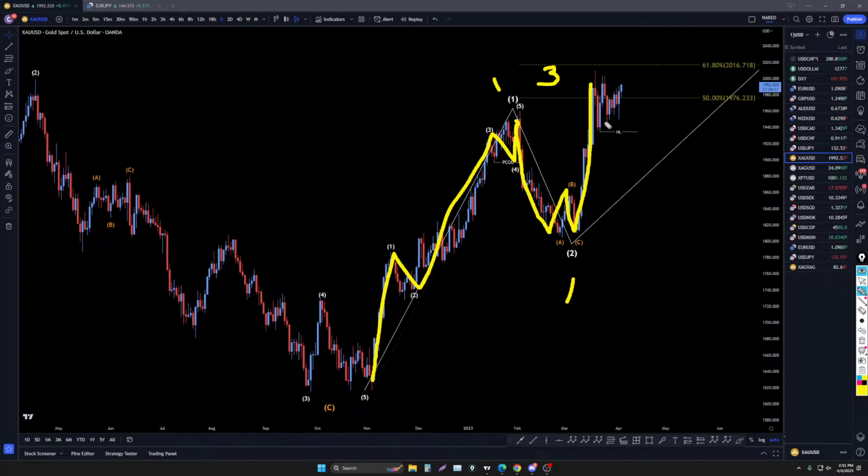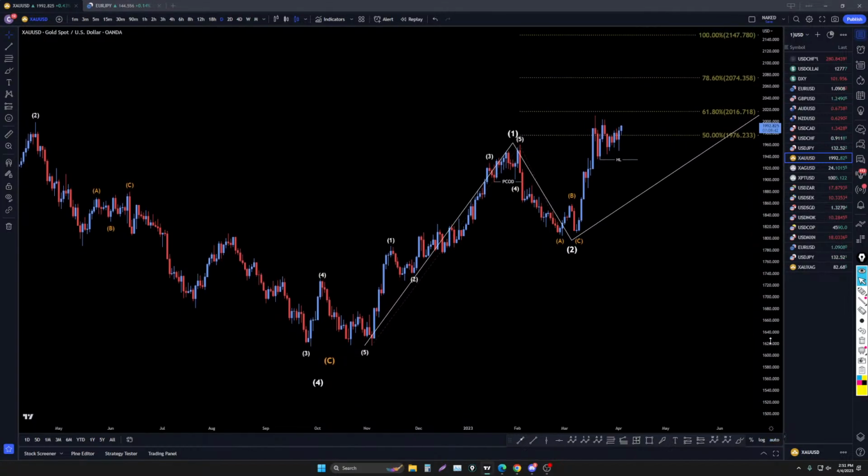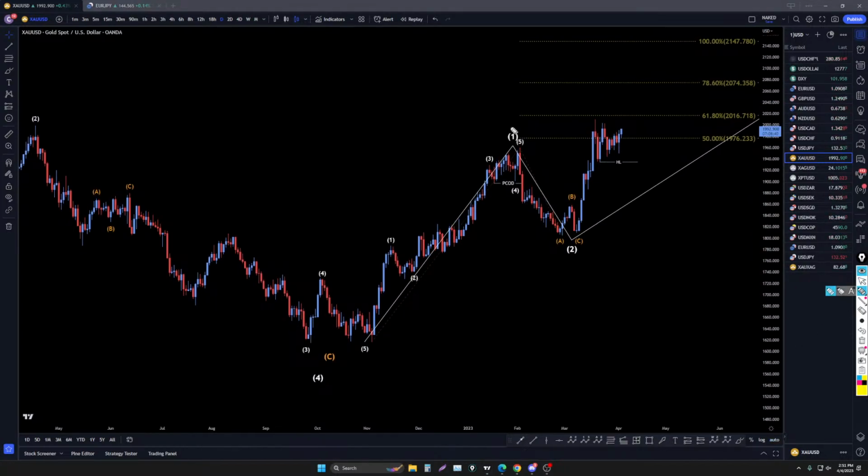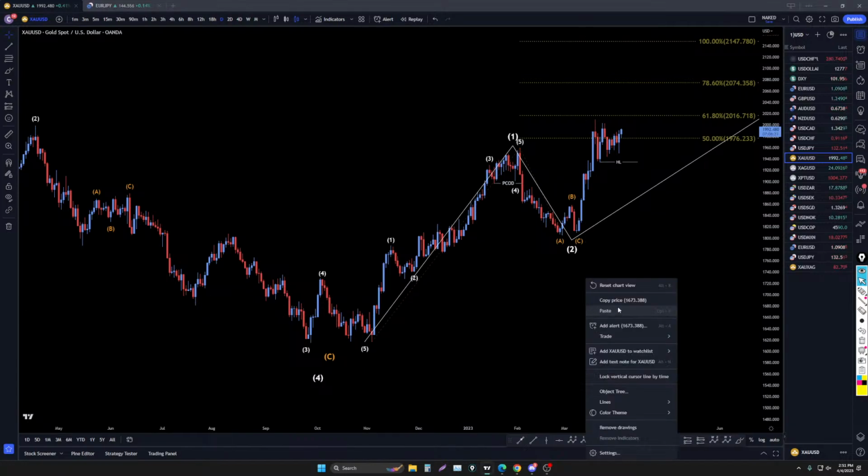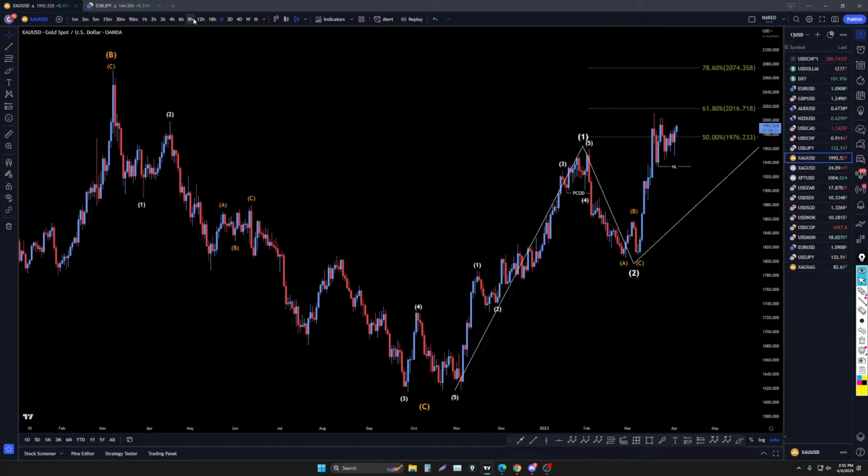You can see that it keeps making higher lows, and it keeps going up. I think this has got a long ways to go. My Fibonacci extension right here. A wave 3 needs to be bigger than a wave 1, so 100% Fibonacci extension would be like the minimum that this wave 3 would go. Really, if it really is a wave 3, it needs to go a lot further than the 100%. Really, it needs to go to like the 161 and maybe even further than that. So just something to think about when you're trying to go short on gold. You might want to